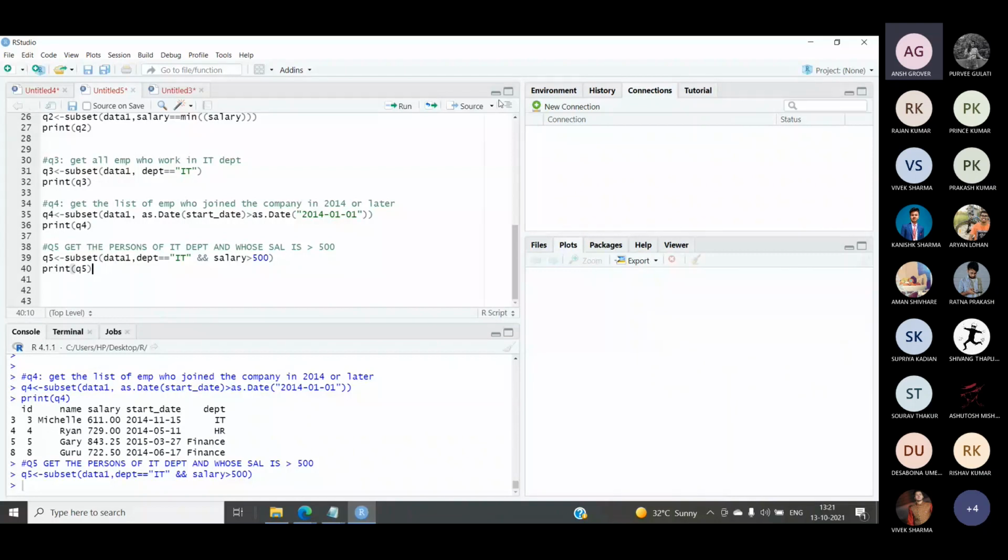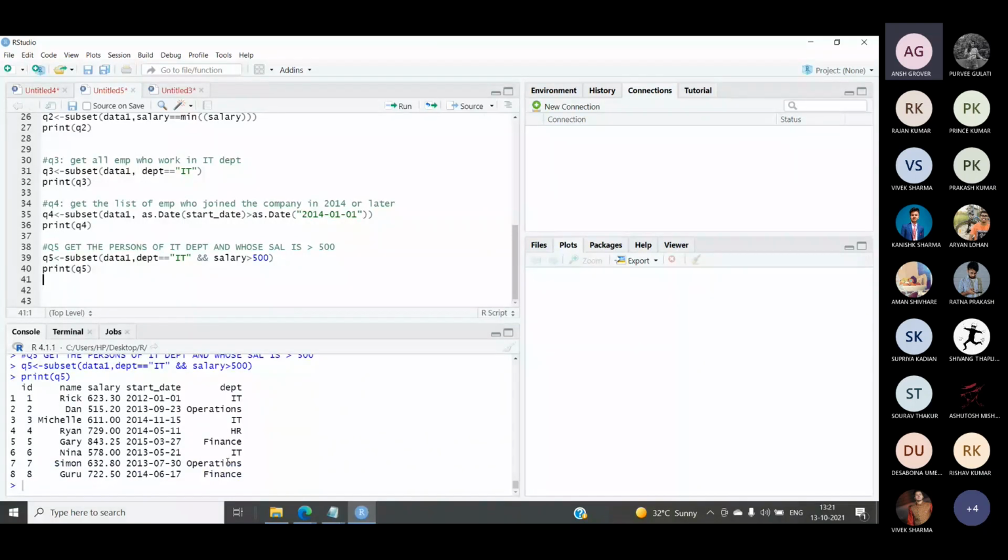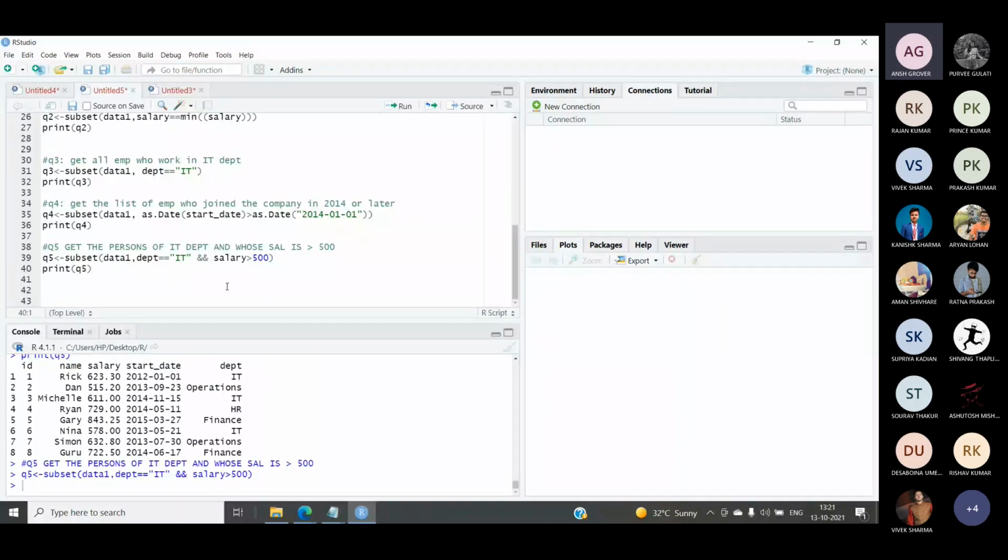So here you can see, based on this query, just a minute. Sorry, we have to check for greater than, because with this all employees are having this condition getting false.